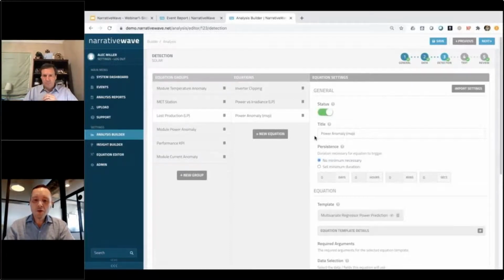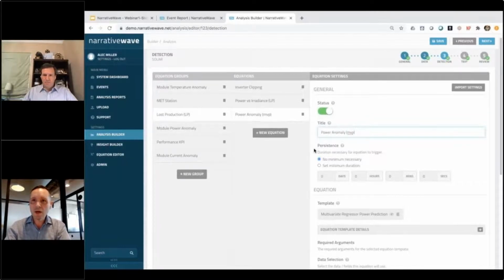Number two, augment your knowledge with machine learning. We're not saying machine learning should be everything for you, but typically when you're doing an analysis, you will want to take the approach that you use internally today, perhaps augment it with the machine learning approach, and then use a community or a standards-based approach to have three different variations of the same analytic, right? And we're looking at three here for loss production, right? We're doing a standards-based flipping approach. We're looking at power versus irradiance with the regressor. And finally, this power anomaly, we're using a multivariate regressor of this, right? So let's look into that a little closer.